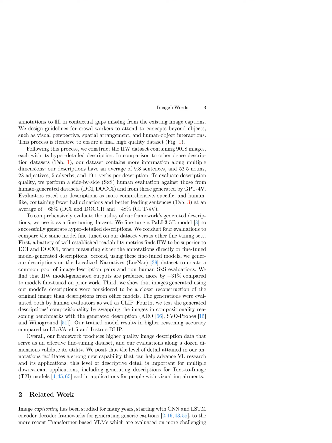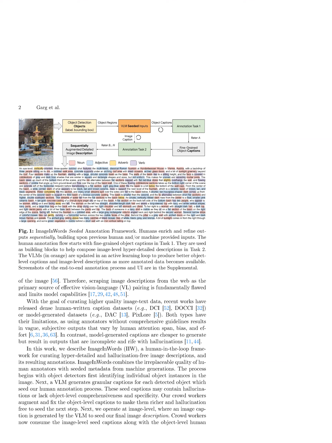Downstream applications. The detailed descriptions generated by IIW are used for text-to-image (T2I) models and in applications for people with visual impairments. Overall, the ImageInWords methodology involves a collaborative process between human annotators and machine-generated metadata to produce detailed and